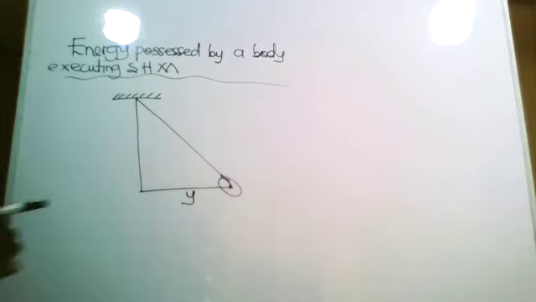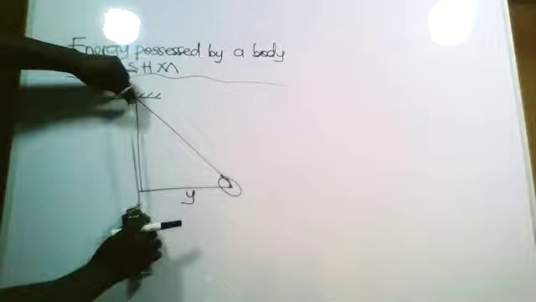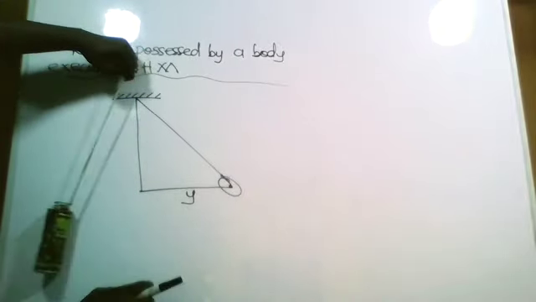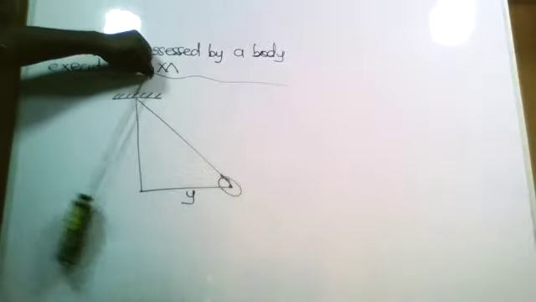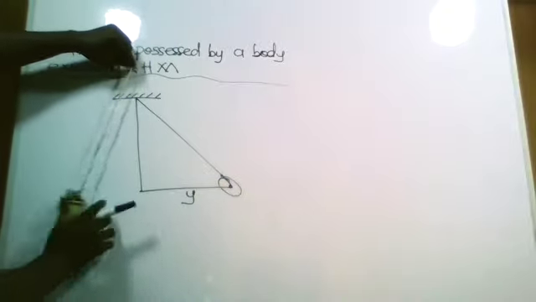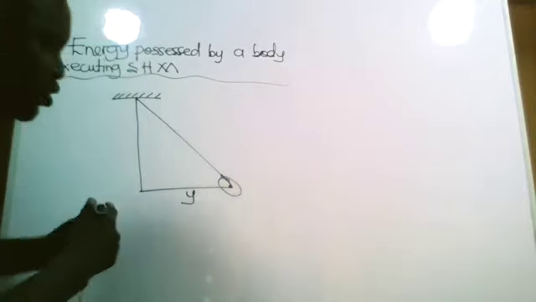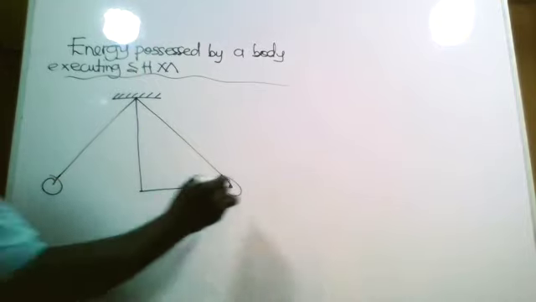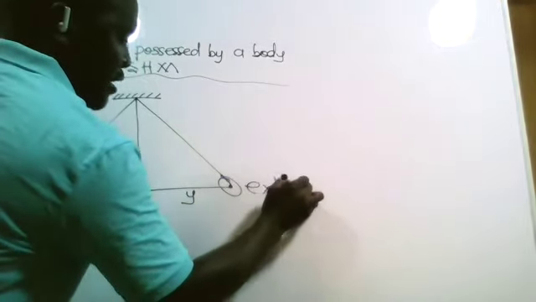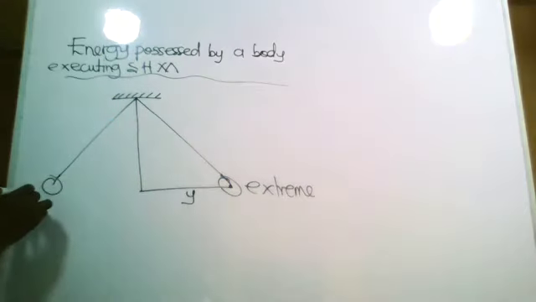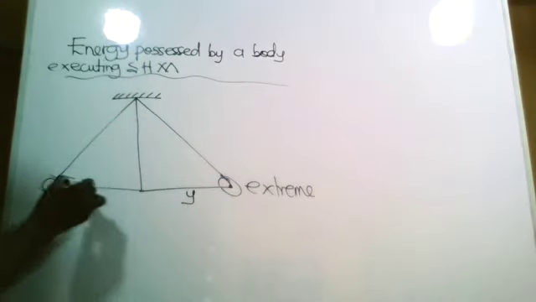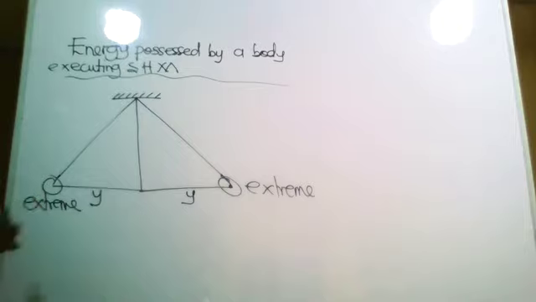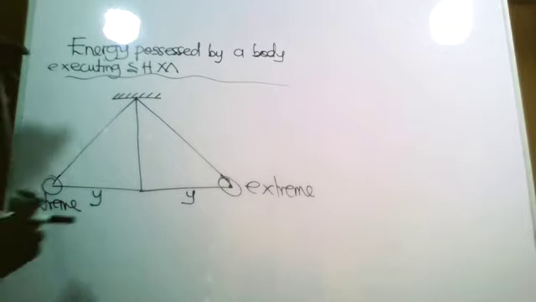Because the body is oscillating, you realize that as it moves over here, when it gets to the extremes, these are the extremes. Another extreme. When it gets to the extremes,